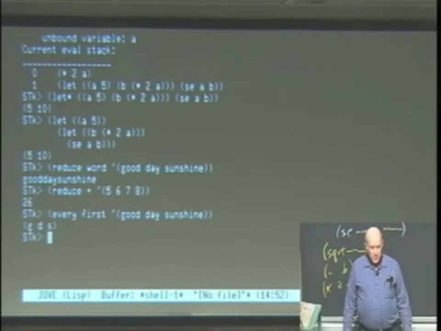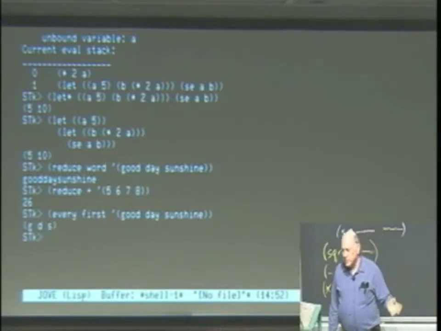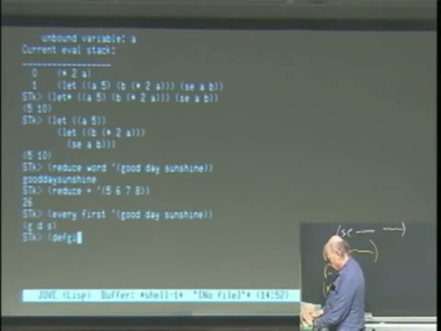Okay. So this lets you very, very quickly throw together medium-sized operations on, for now, text, and later on we'll see on data in general. So here's define acronym of name to be reduce word every first